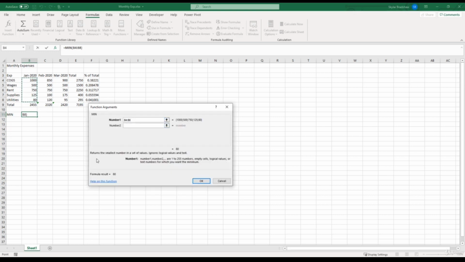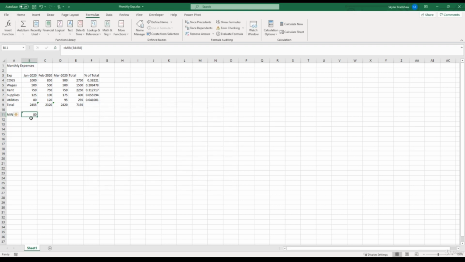And down here it tells you again what the function actually does, which is returns the smallest number in a set of values, ignores logical values and text. So we're going to click OK, and the minimum function gives us a value of 80. And if we go up in these cells and check each cell, we can tell that the minimum value is